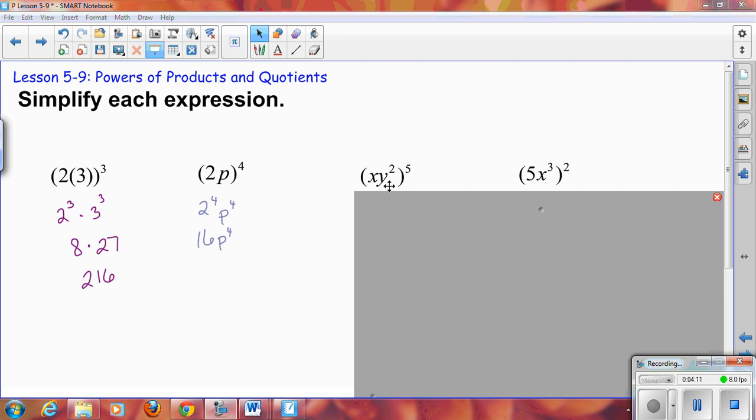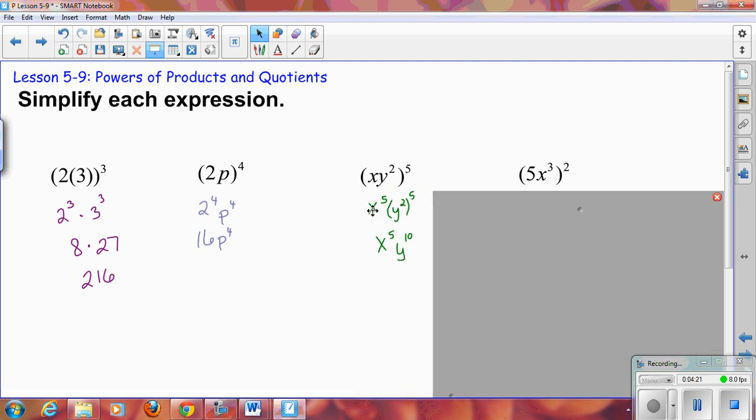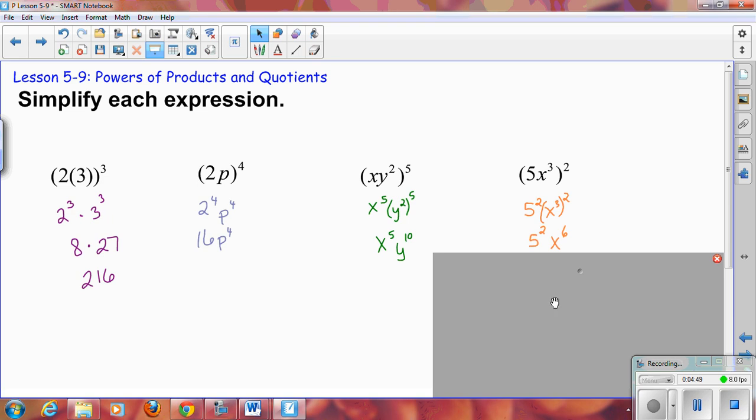We've got xy squared to the 5th. Okay, so we're going to take that 5th, we're going to apply it to the x and the y. That gives us x to the 5th, y squared to the 5th. Then we multiply those exponents, and that gives us x to the 5th, y to the 10th. On the next one, we have 5x cubed, squared. So the 5 has to be squared, and the x cubed has to be squared. So that gives us 5 squared, x cubed squared. The 3 and the 2 need to be multiplied because we multiply our exponents when we raise a power to a power. That gives us 5 squared, x to the 6th. Then we actually square the 5, which gives us